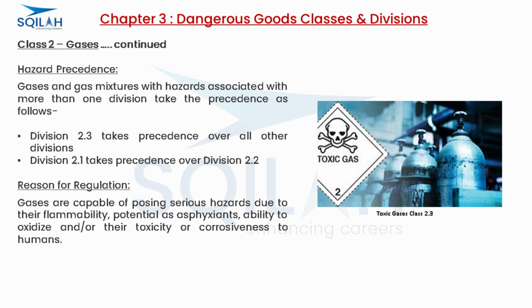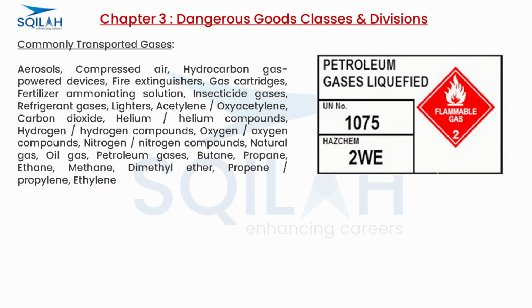Reason for regulation. Gases are capable of posing serious hazards due to their flammability, potential as asphyxiants, ability to oxidize, and/or their toxicity or corrosiveness to humans. Commonly transported gases. Aerosols, compressed air, hydrocarbon gas-powered devices, fire extinguishers, gas cartridges, fertilizer ammoniating solution, insecticide gases, refrigerant gases, lighters,